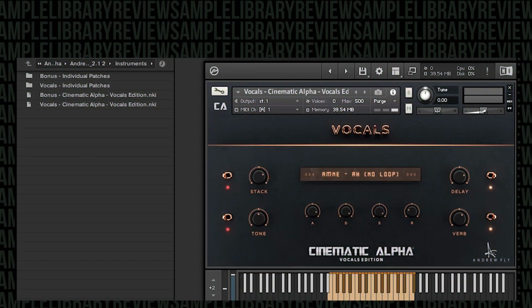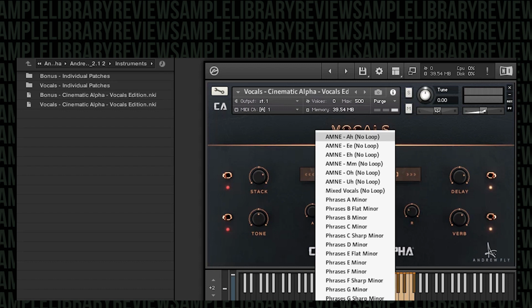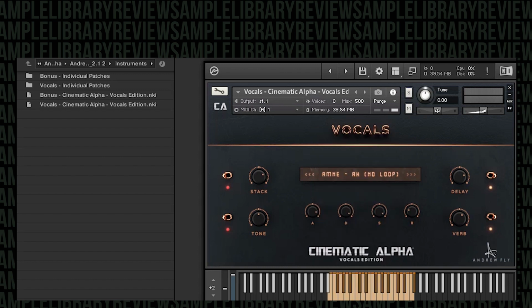I've opened up the vocal instrument, and there's only 2 NKI files. You have the vocals and the bonus. The GUI is really clear. In the middle, it has all of the different articulations, the phrases and the mixed vocals. So navigation is really simple. We're not wading through loads of different folders. I'm going to talk about all the different controls. To start off,